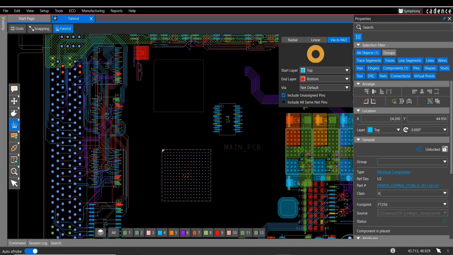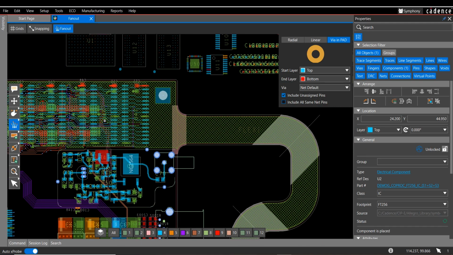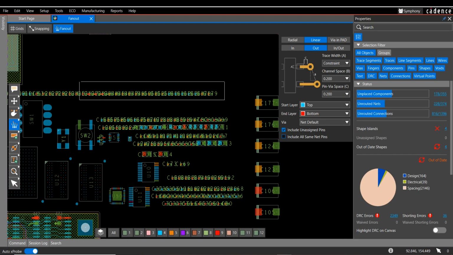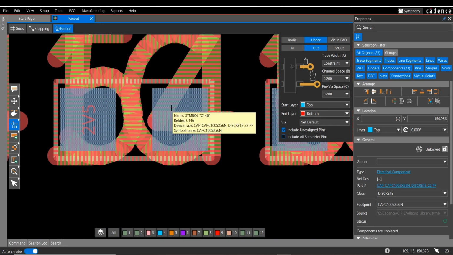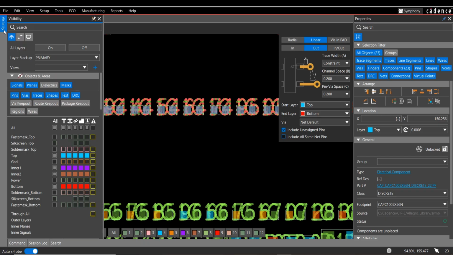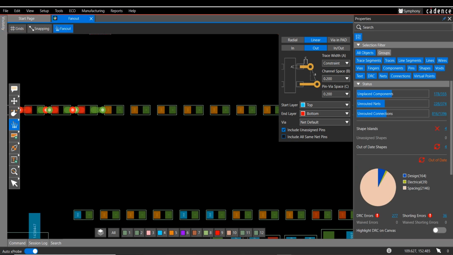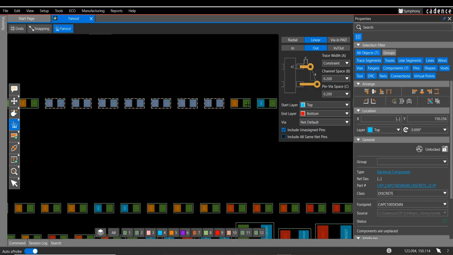Another thing that you can do is, of course, you're probably going to want to provide the same kind of fan-out pattern to similar devices all over the board. So you can do multi-select from this as well. For example, if you were to go back into linear and out, you can window select, and then I'm holding my, actually it already did all of them. You can see I'm going to turn off the reference designators and do that again here. Let's go into visibility. Let's turn off these reference designators. And then now you can see a little bit better what's going on. So window select, and then control, and then pick the devices, and then you get the fan out for all